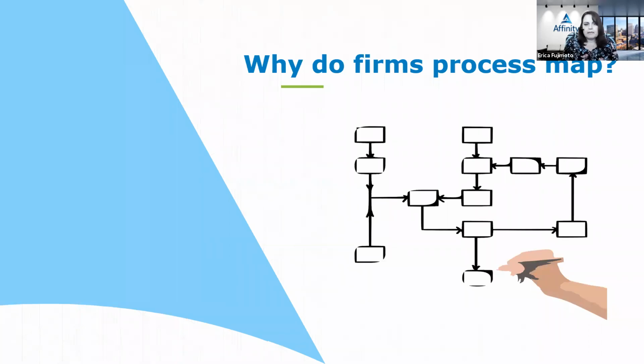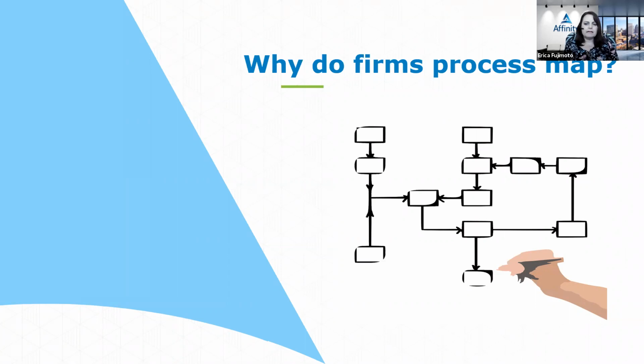And we may also find that you're doing it because you are having procedure changes. Maybe you want to map out a standard operating procedure. So that's another reason that we might be mapping out the process, so that we can build out a standard operating procedure to ensure that everything that you do in your firm is documented.